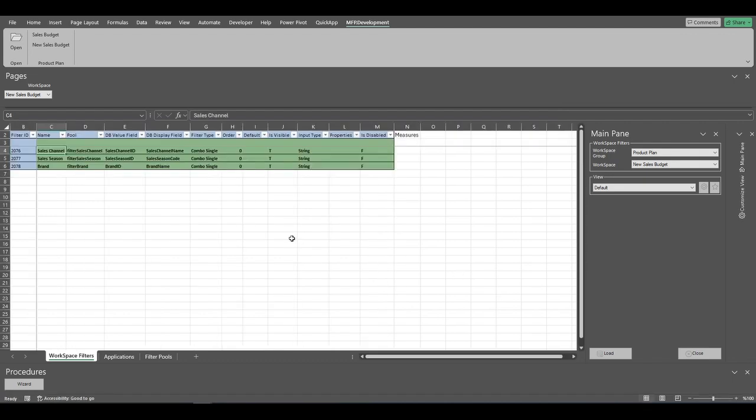Yes, now we have 3 filters: sales channel, sales season, and brand. Here, we also have filter types. If we want to change them, we can. For example, let's change the sales channel from combo single to list single. Sales season will be combo single, which means it will work with only one sales season at a time. The brand might be multiple, but for now, since it was single in the previous example, I will leave it